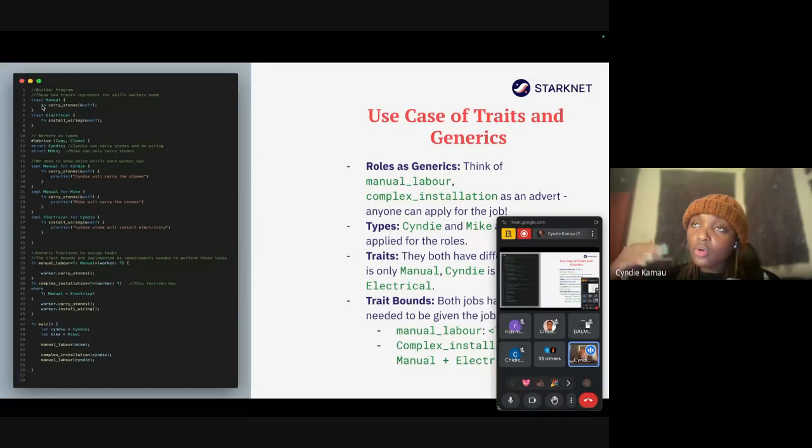When you now do a deep dive into how compilers work and memory, once we go out of scope, that memory is deleted. So that's how Rust is able to use as minimal space as possible on someone's hardware, right? So if I wanted this manual to be public so that I can access it wherever I want in my code and outside my code, right? I have to put the pub. So just to tell the compiler, please don't remove this yet. I will be using it somewhere else, right?